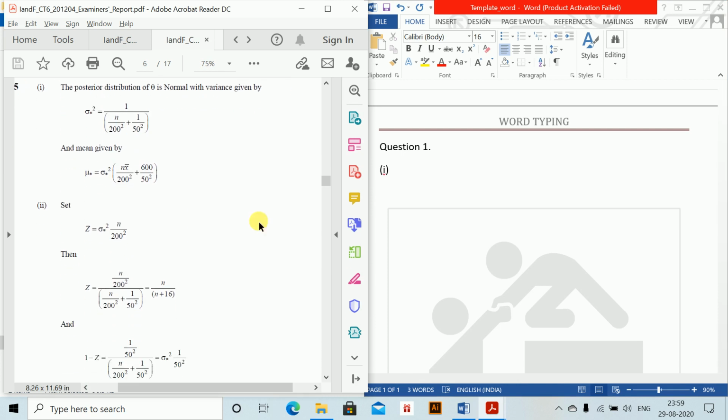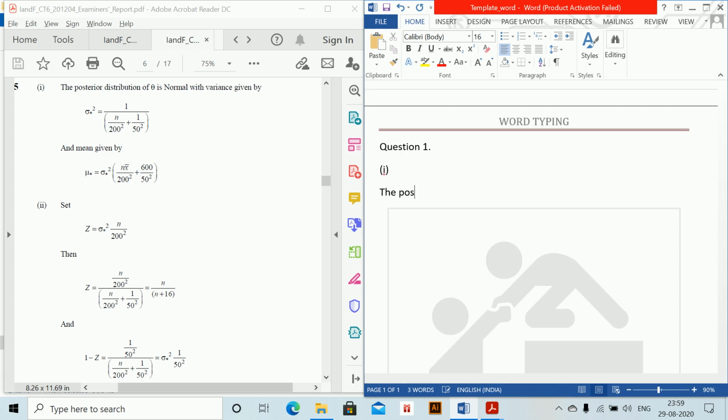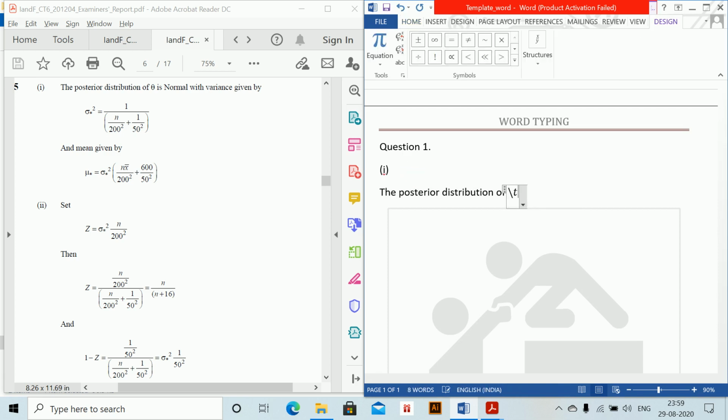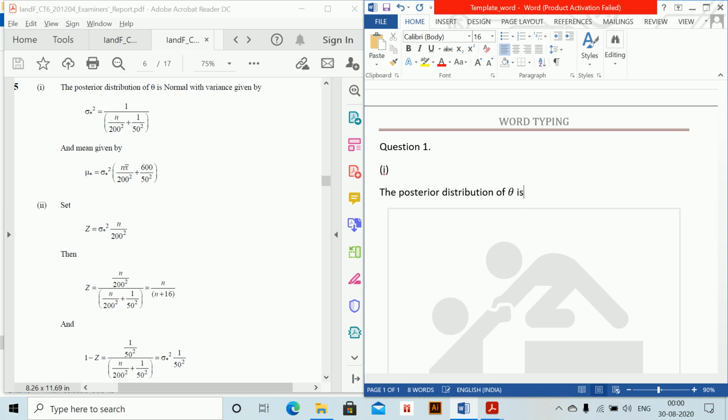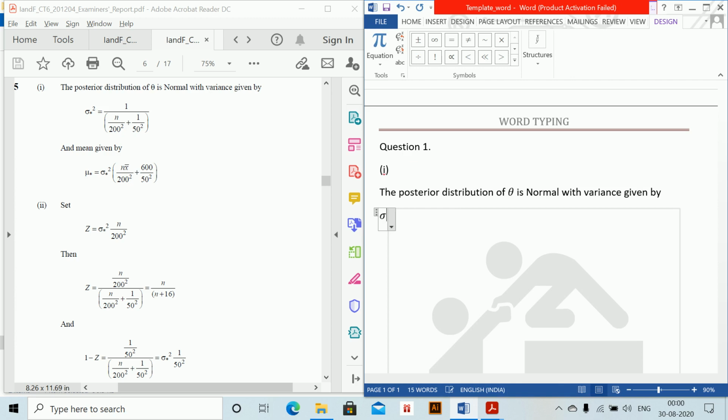So, we have the posterior distribution of theta is normal with variance given by sigma squared is equal to 1 divided by (n by 200 squared plus 1 by 50 squared) close bracket,